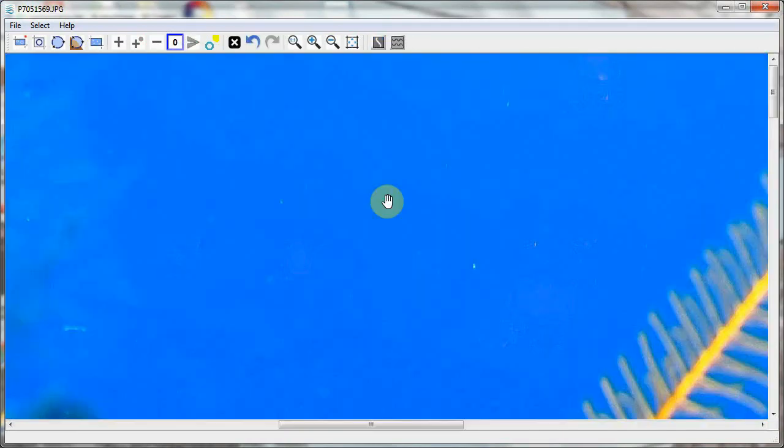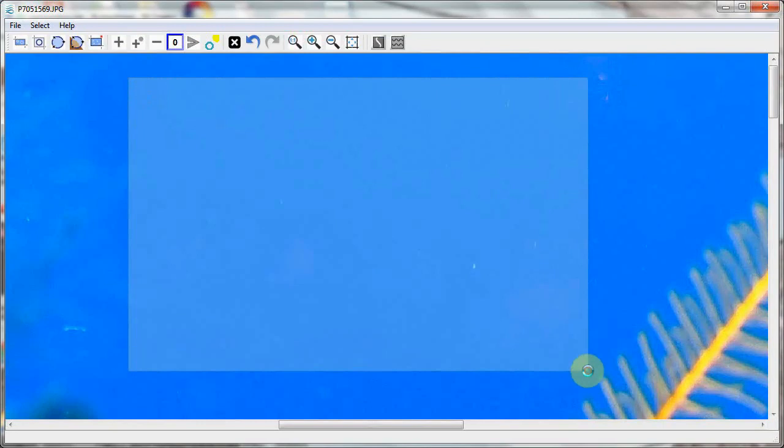The last command we have for selecting backscatter is select small. This is used after you've removed the main backscatter from your picture and you still have those little specks that you need to get rid of. So use select small the same way. Draw a rectangle around that area you want to remove, and it'll find those very small backscatter,